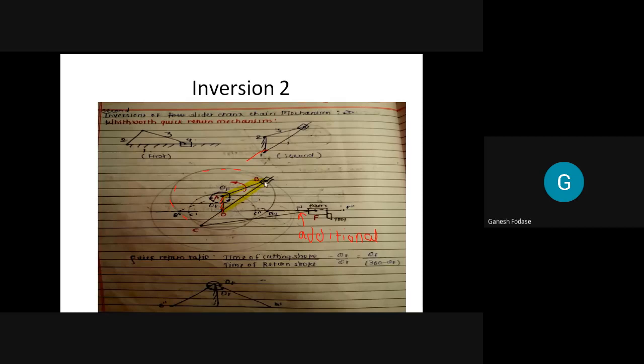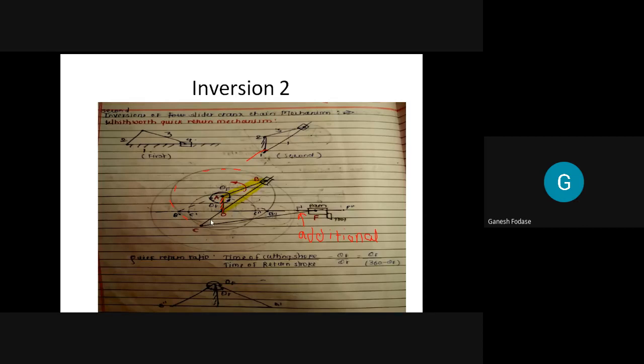Let's say it is at B. Now before some time it is at B dash. Now my question to you is, when this OB is at OB dash, what about C? Where is C? C dash. Now see, if I retract back this OB to OB dash, what happens? When B moves to this side, C will move to the opposite side. So OC will be at OC dash and OB will be at OB dash.